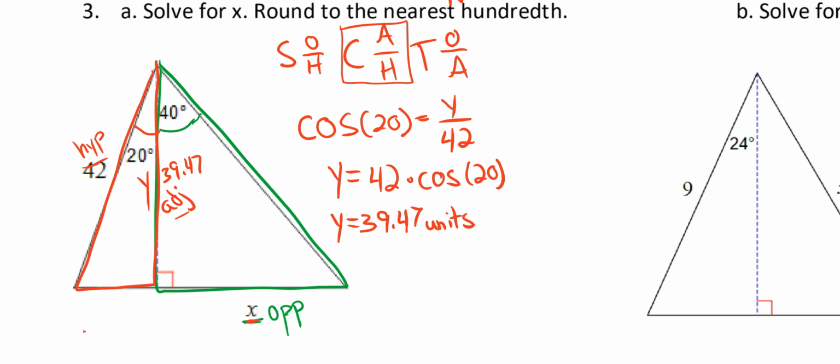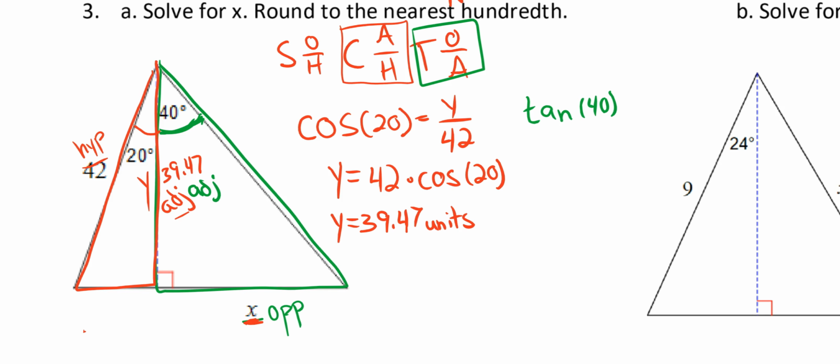So we're going to do the same thing. First part, identify your angle. That's our 40 for the green triangle. Our sides are this x, which is opposite, and this 39.47, which is the adjacent side. So we have opposite and adjacent. Come up to our trig ratios here, pick the one that has opposite and adjacent. That's going to be tangent. Write out your equation. The tangent of our angle, in this case 40, is equal to the opposite side x over the adjacent side